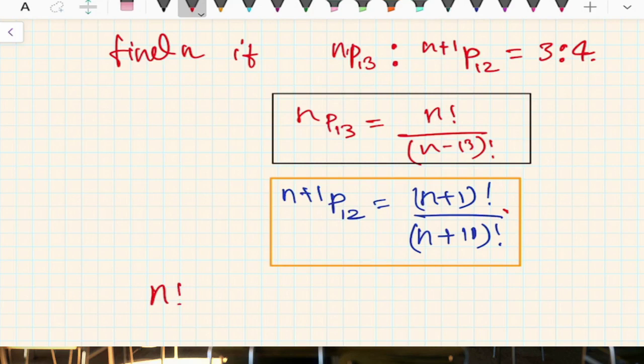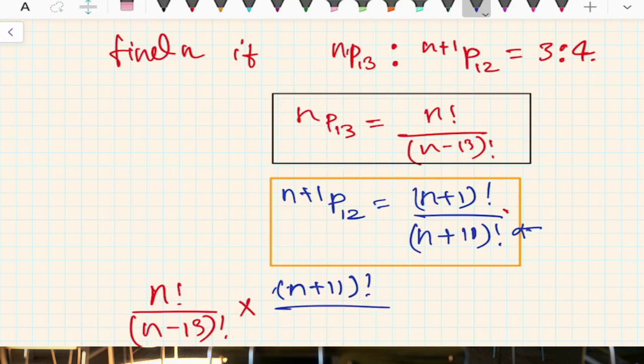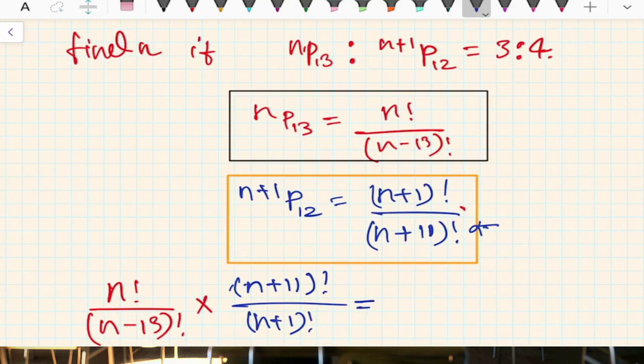It is n factorial divided by n minus 13 factorial, and that will be multiplied with the reciprocal of this concept. So it is n plus 11 factorial divided by n plus 1 factorial. And now to solve it, what I'll be having with me is, let me just take a different color. What I will do is, I will not change n factorial, but I would rather change